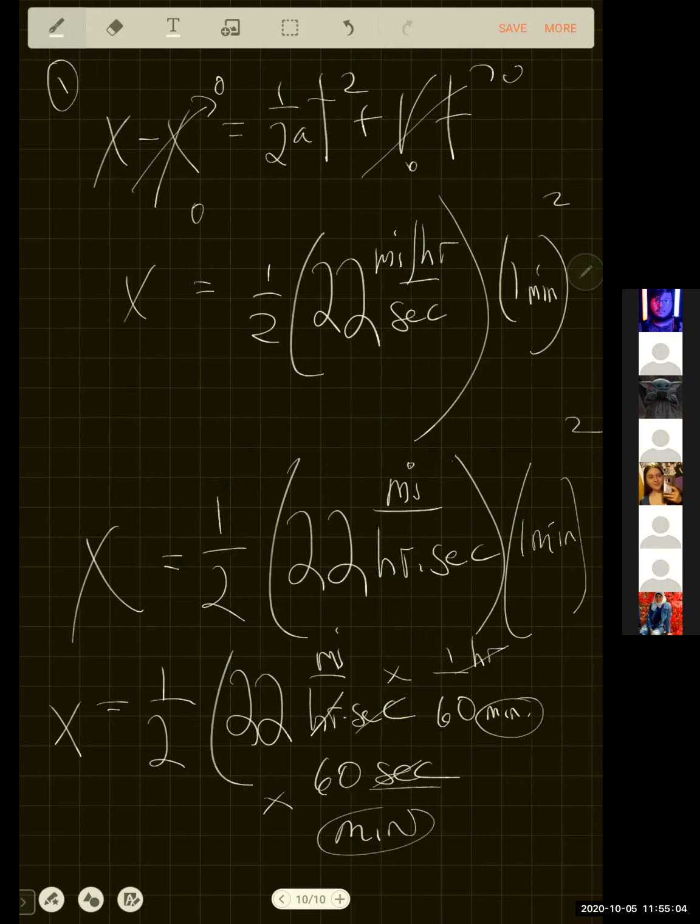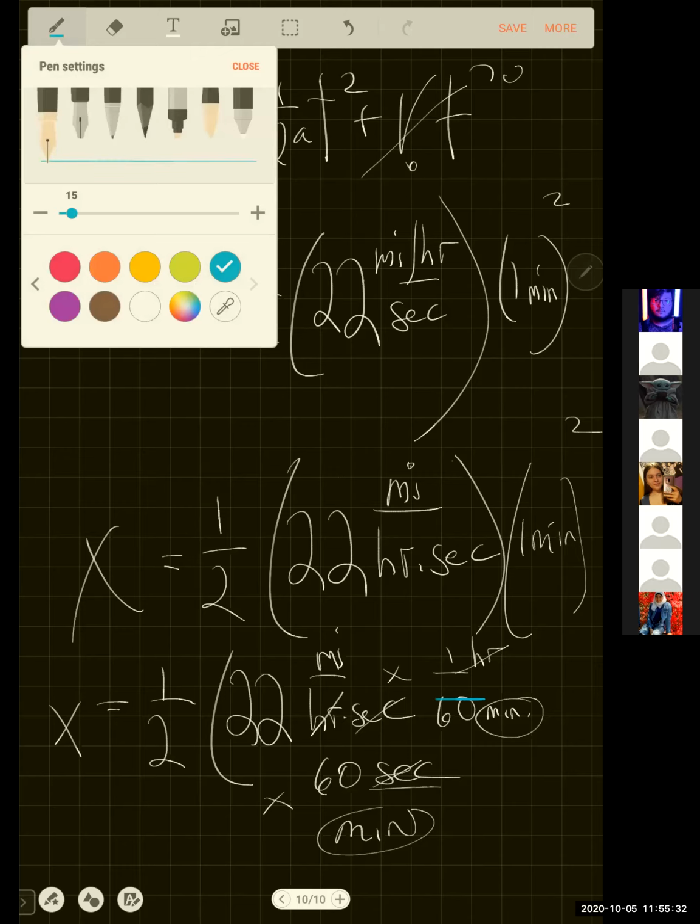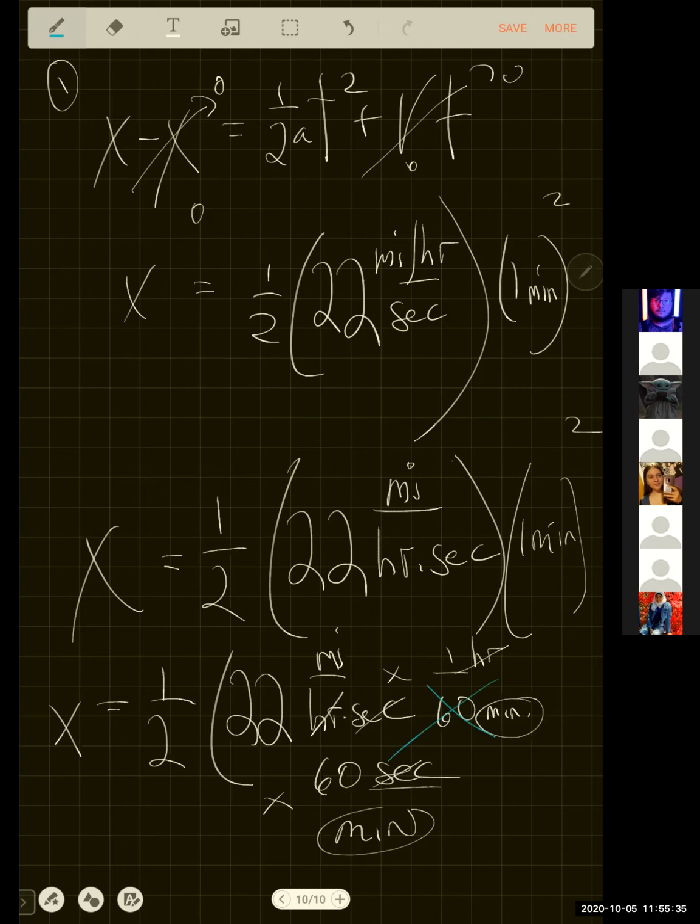Now, this is why what Alyssa did worked, but I want to make this clear to everybody. The question says this thing speeds up at a rate of 22 miles per hour every second. 60 seconds later, a full minute later, I want to know how far it's gone. So what I've done is convert the hours to minutes by dividing by 60, and convert the seconds to minutes by multiplying by 60. So of course I don't even have to bother. I notice I've got a 60 in the denominator and a 60 in the numerator. So now I literally have